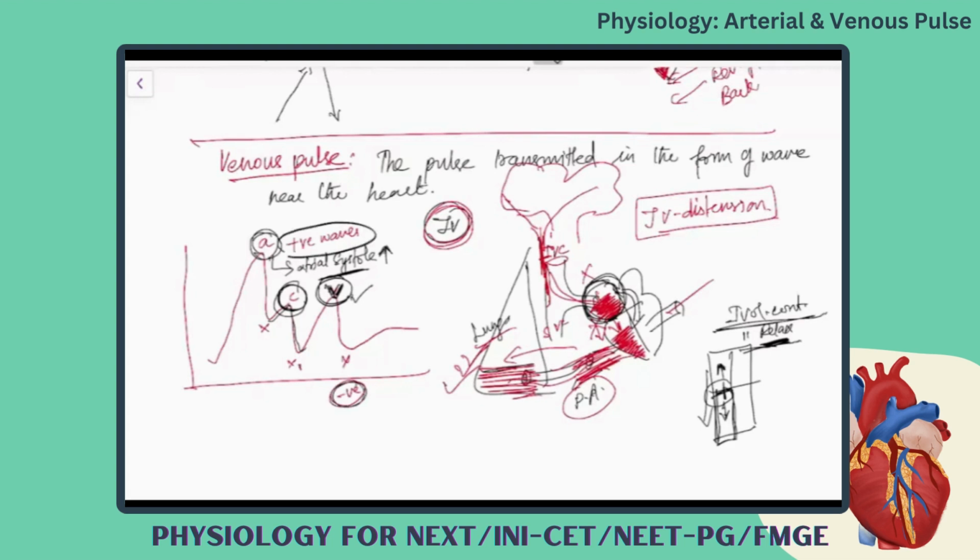So this is the description of the three positive waves. And now we will move on to the events in the negative waves of the venous pulse. The first one is X. It indicates that at one point there is a fall in atrial pressure. An upward deflection is positivity, meaning a rise in the pressure. If it goes in the opposite direction, a negative or downward deflection, it means there is a position where the atrial pressure is coming down. Where is the atrial pressure coming down? It is at the point of coincidence